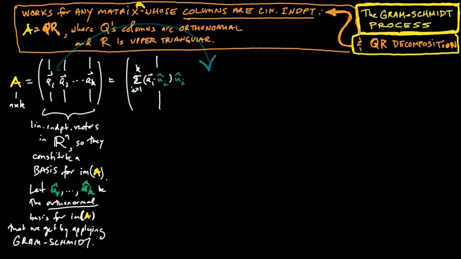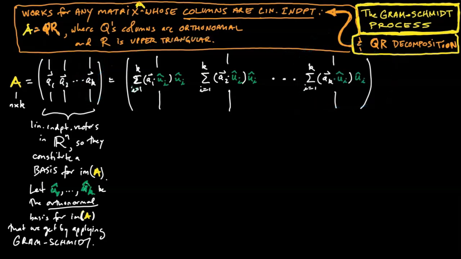We could do the same thing, of course, with A2, rewriting it as the sum of its projections onto each of the k orthonormal basis vectors, u1 through uk. And of course, there's nothing special about columns 1 and 2. We will do this with all of the k columns. All right, well, this looks very ugly, but not ugly enough. I'm going to take one step further into ugliness by making a simple observation, which is that